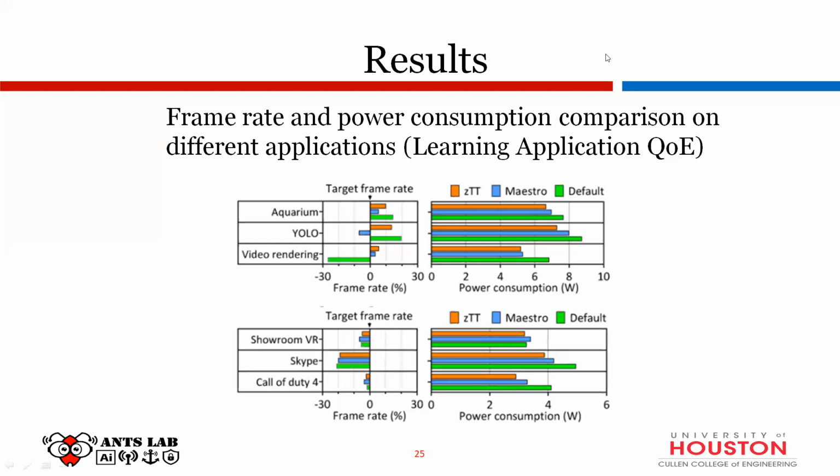Because zTT has the advantage of a learning section, it can predict the environment or the application. That means thermal throttling would be much less of an issue. That's why it is called zero thermal throttling. So I think zTT serves two different purposes. First is power consumption, and if that feels minor, then okay, the second advantage is about